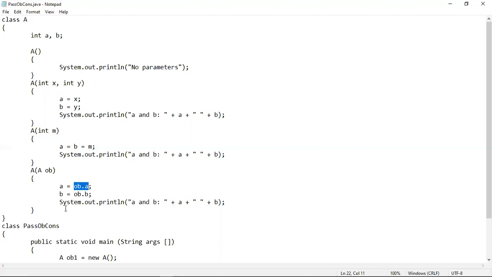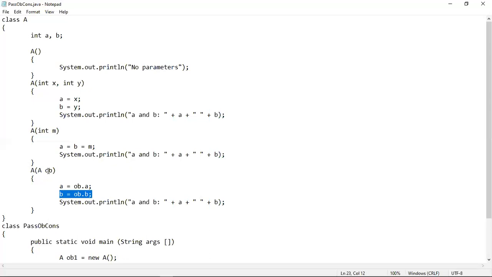That means whatever object we will be passing into this OB reference variable and whatever value we will be passing to the constructor of this class, those values will be taken into account and the same value will be assigned into this instance variable A. And the same thing will happen for this statement also.